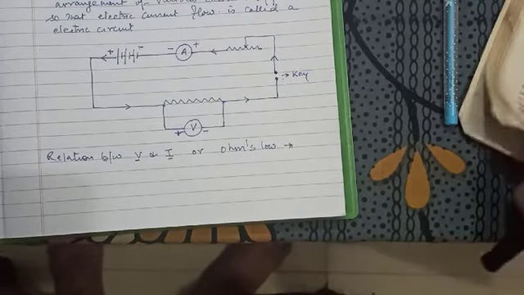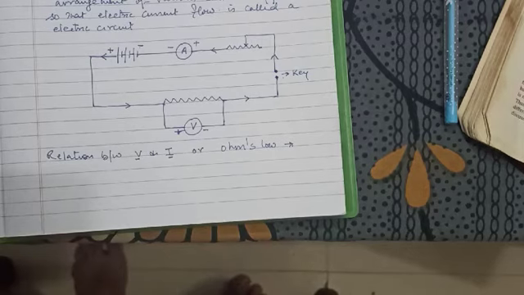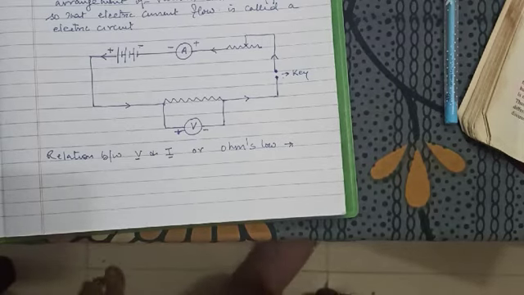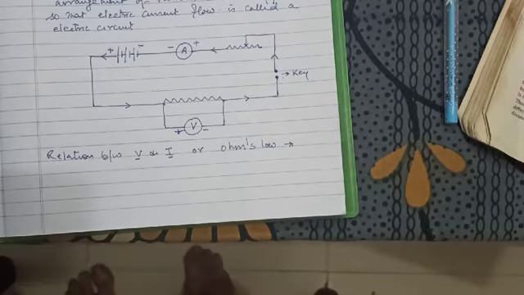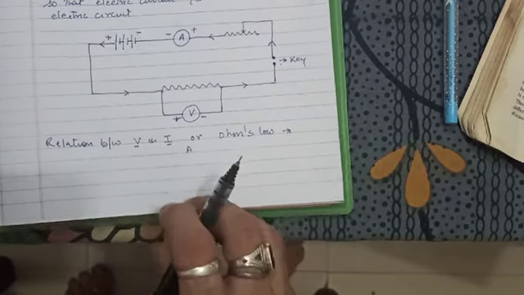Now what is Ohm's law? Ohm's law gives us a relationship between V and I, and Ohm's law states that,